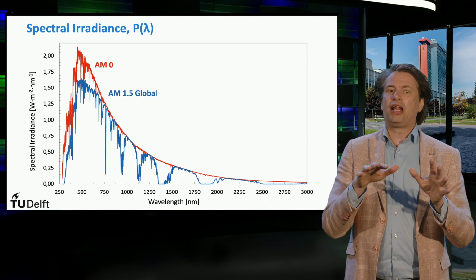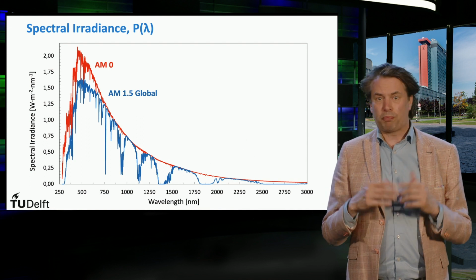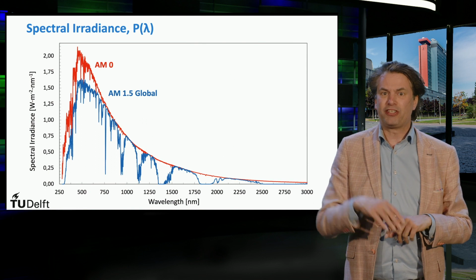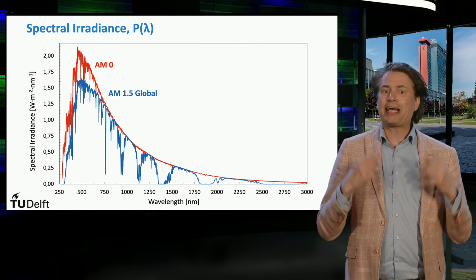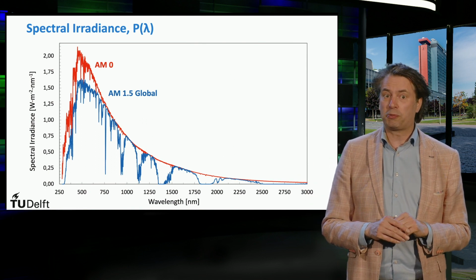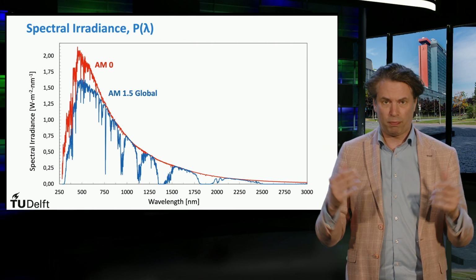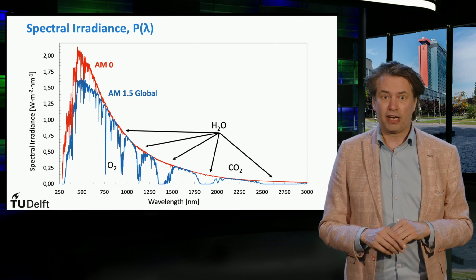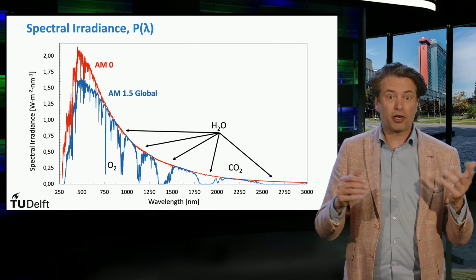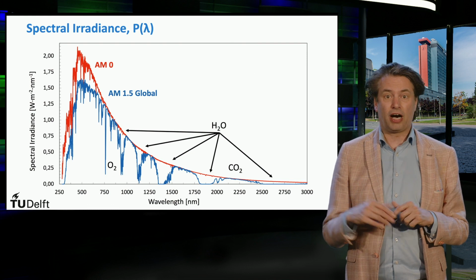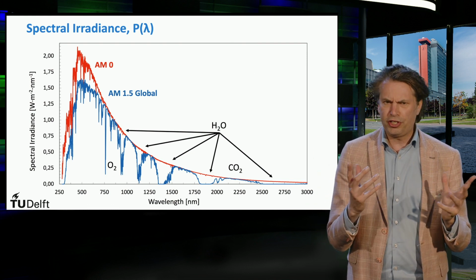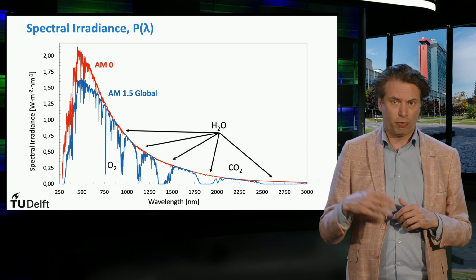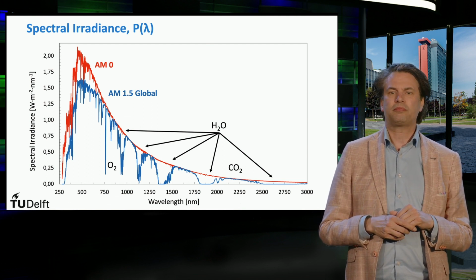Then we let the sunlight travel through the atmosphere. The spectrum of the global irradiance received on a flat horizontal surface shows several dips in the spectrum that can be related to the scattering and absorption by air molecules and small particles in the atmosphere. For example, the absorption bands related to molecular oxygen, water, and carbon dioxide in the atmosphere are here indicated. All these molecules contribute to the absorption of solar radiation at wavelengths above 1000 nanometers.